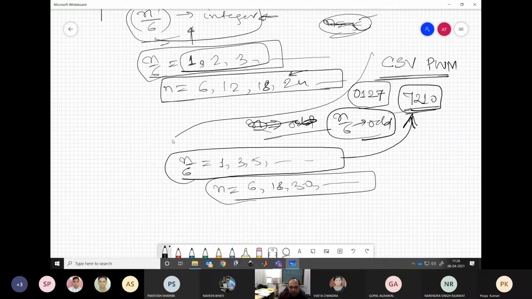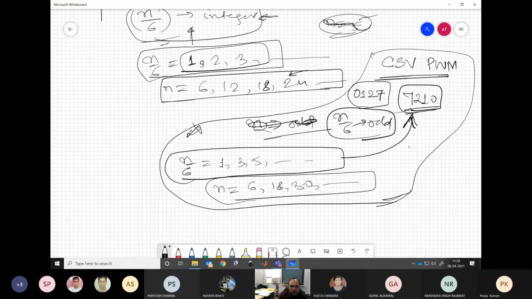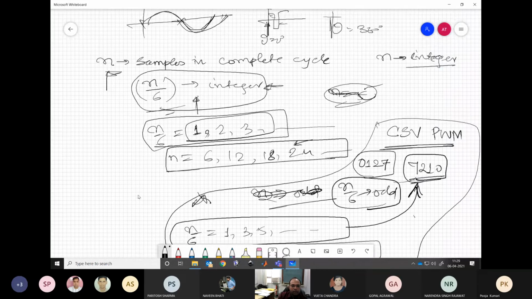If you change the type of PWM, let us say you go to bus clamping or any other sequence, this is not necessarily true. But what is universally true is that you must have an integral number of samples in your sector, so 1, 2, 3, 4, etc., or in the hexagon, you must have a multiple of 6. Is this clear?